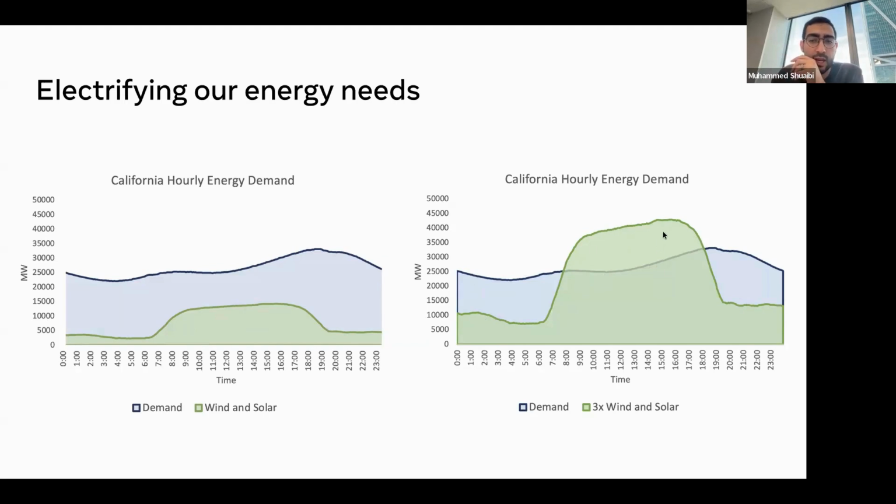But in this instance, you have a lot of renewable energy, but you don't have enough demand to fulfill that. You can imagine that during the day when the sun is up, you have energy, but we don't need that much energy at that time. And similarly, at nighttime, the sun is down, maybe the wind is blowing less, the demand is still high, but you don't have that renewable energy to feed into that. So the question here is, how do we make use of the high energy supply during peak times and distribute it to times of high demand?